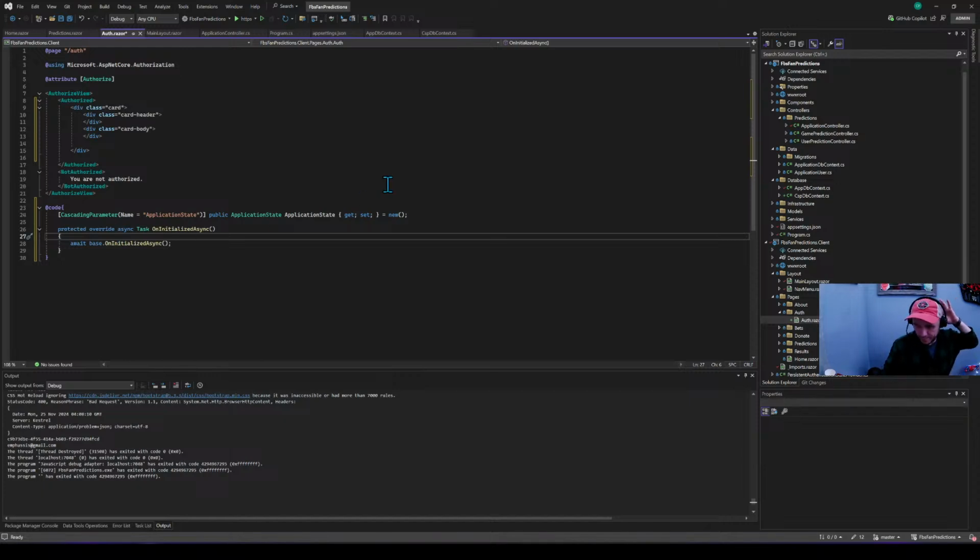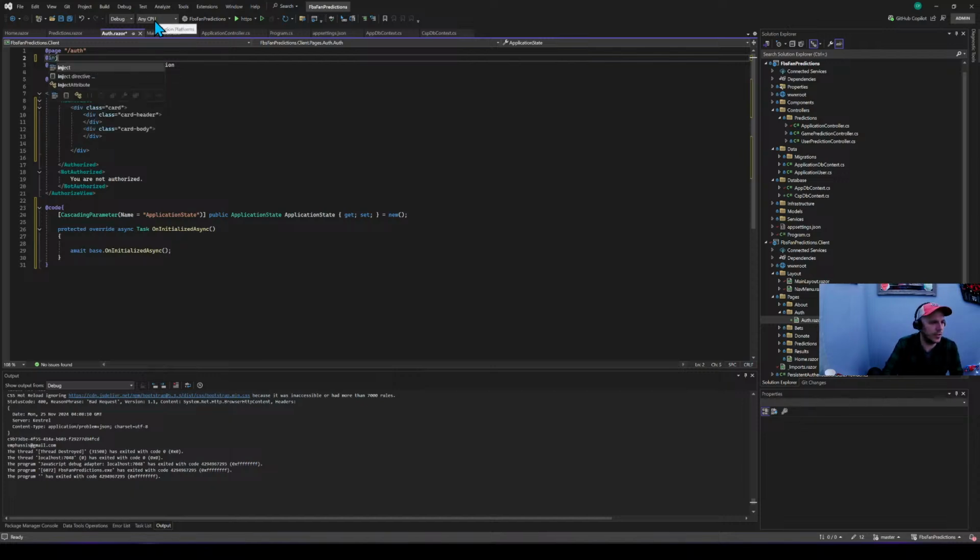So this is one of the 3 or 4 major life cycles of a Blazor component. This is the first one of those that gets called. And so we need to inject HTTP